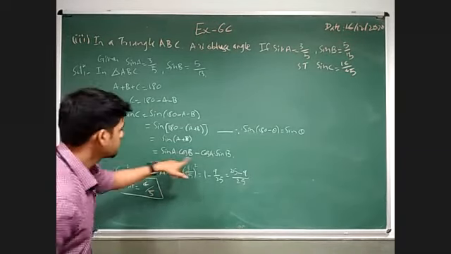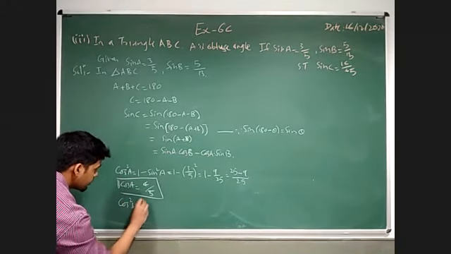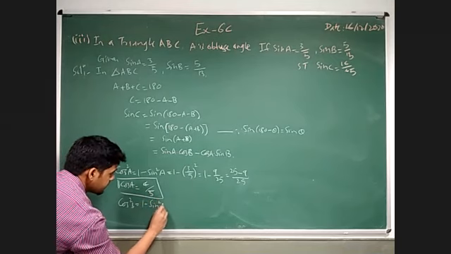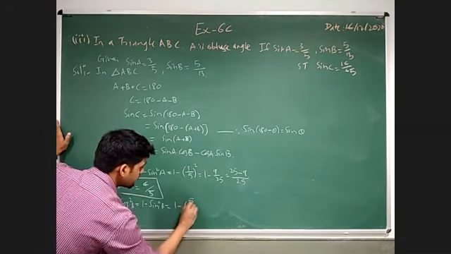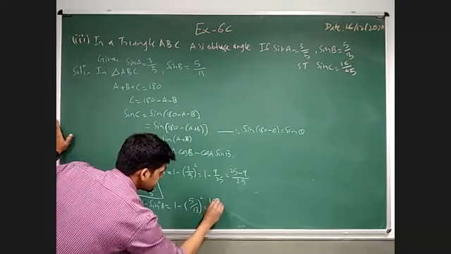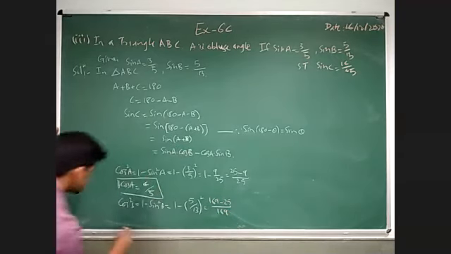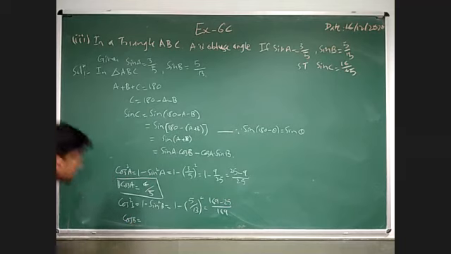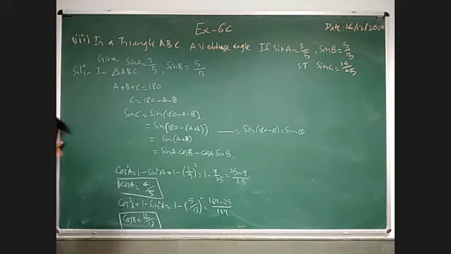Now I have to find cos B. So for finding cos B, here again I am going to use the identity, that means square root of 1 minus sin squared B. So 1 minus sin B is given 5/13, 5/13 squared, then 25/169. So I can write cos B is equal to (169 minus 25)/169, 144/169, that means 12/13. Okay, so I found cos B. Now